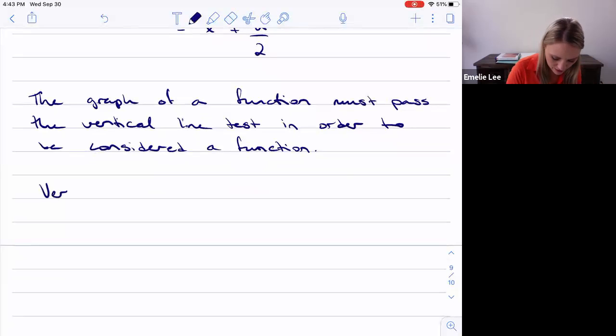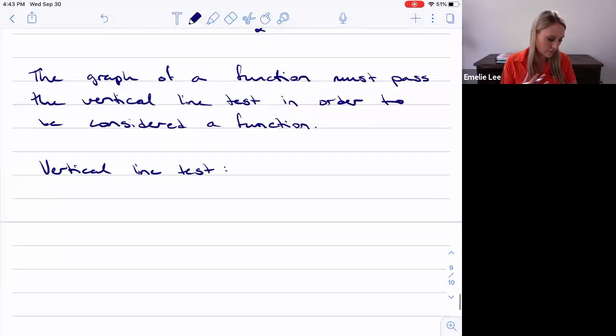So the vertical line test just says that every vertical line